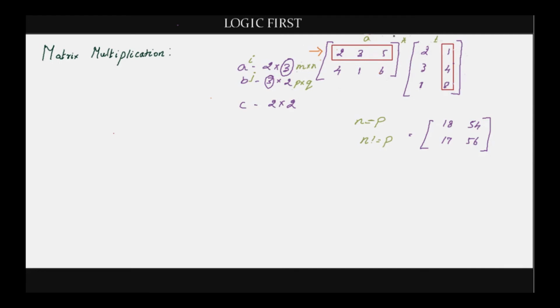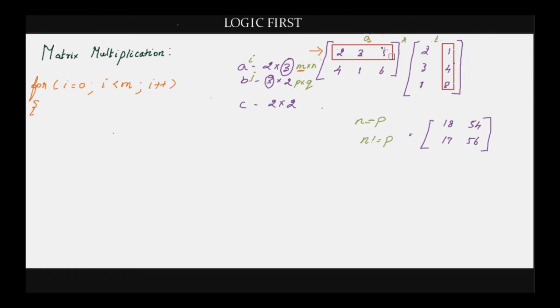So the outermost loop should be able to loop through all the rows in matrix A. For I equal to 0, starting with the 0th row, you have to scan all the rows in matrix A. The total number of rows in matrix A is M. So I less than M, I plus plus.